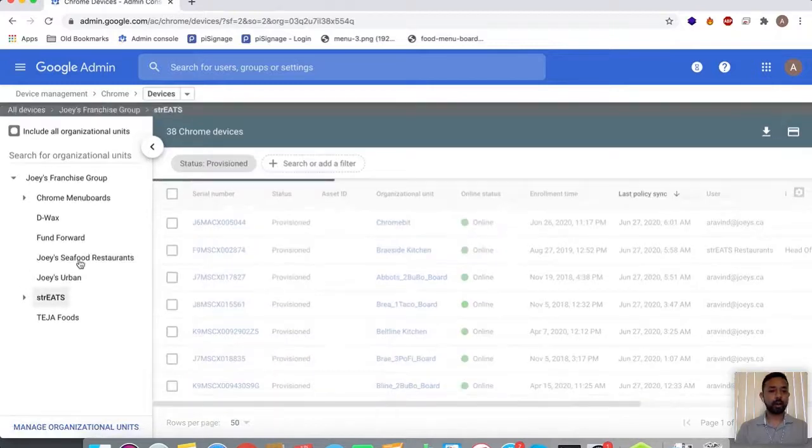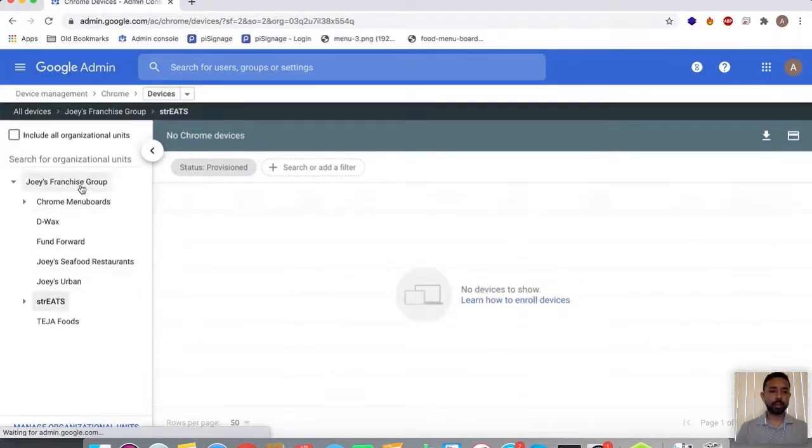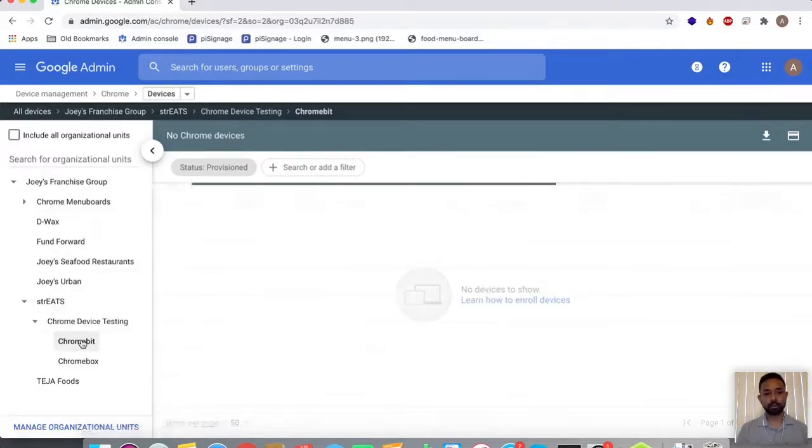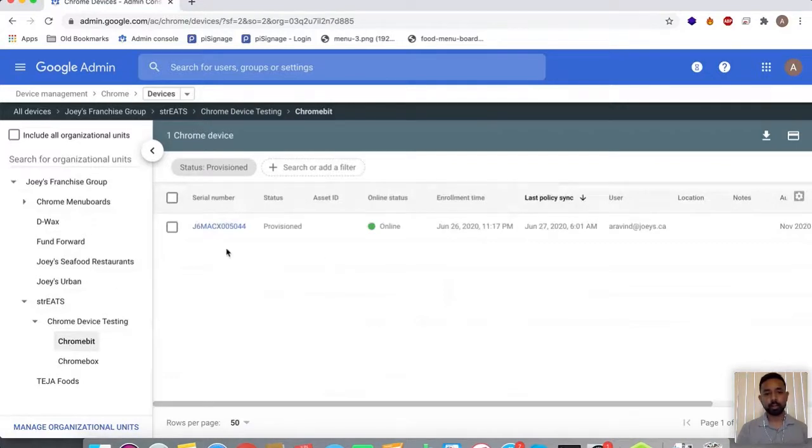On the left panel, you can see the organizational units that I've configured on this account. As I said before, I'm going to use a Chromebit. So I already created an organizational unit for this Chromebit and moved that device. The registered device you will see as this.